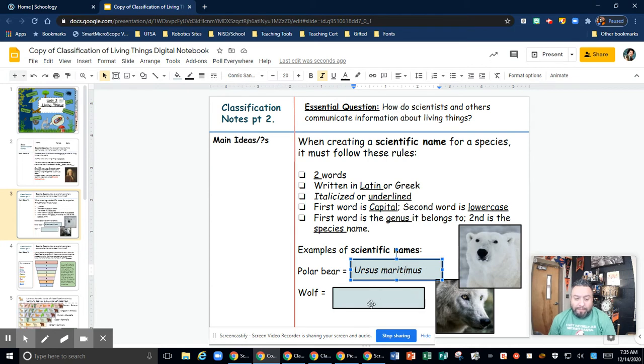Okay, this wolf. All right, this wolf. Again, I'm going to italicize the name. It belongs to the genus Canis, right? And that should sound familiar, like a canine, right? Canis and then lupus. Okay, Canis lupus. Now, both of these are their scientific names. All right. I'm not expecting you to know their names, but I'm just trying to give you the backstory of